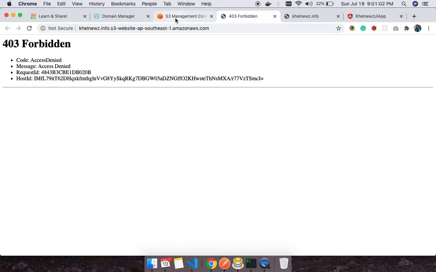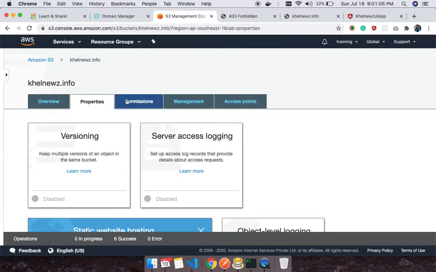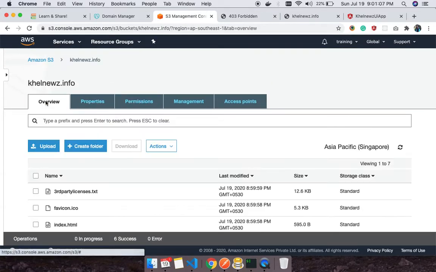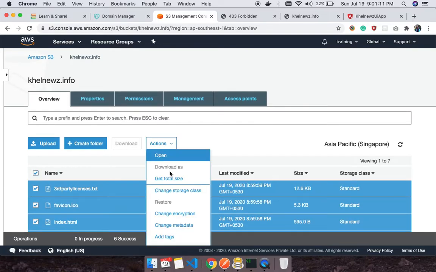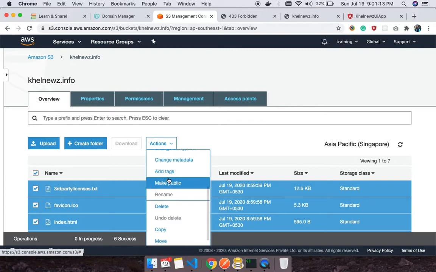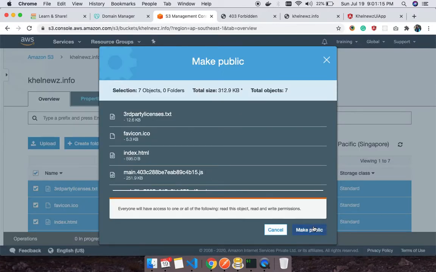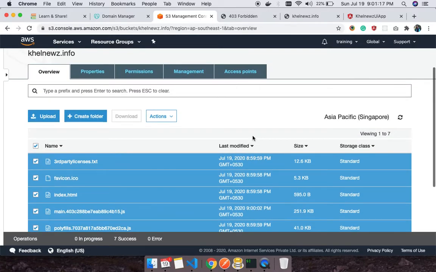Okay, because I have not provided access to these files. So for now what I'll do is make this public. I would recommend going through the S3 documentation in detail to ensure that whatever access you are providing, it shouldn't be accessible to everyone, right?